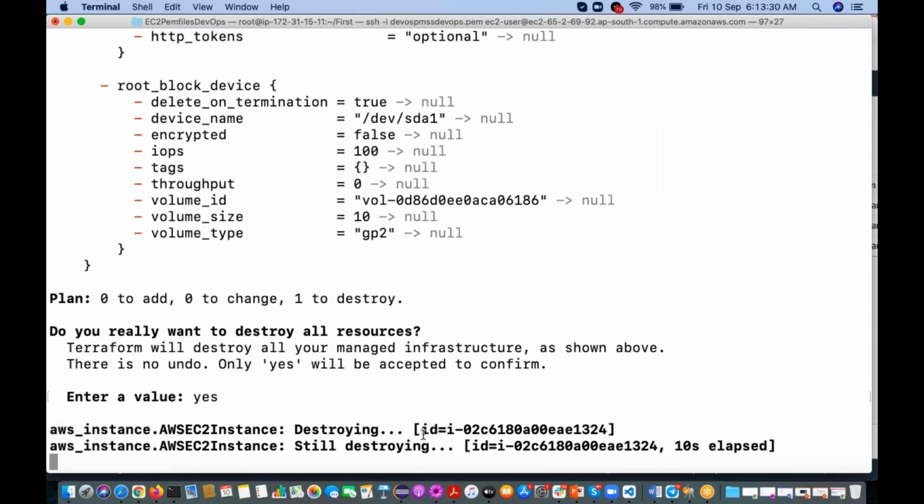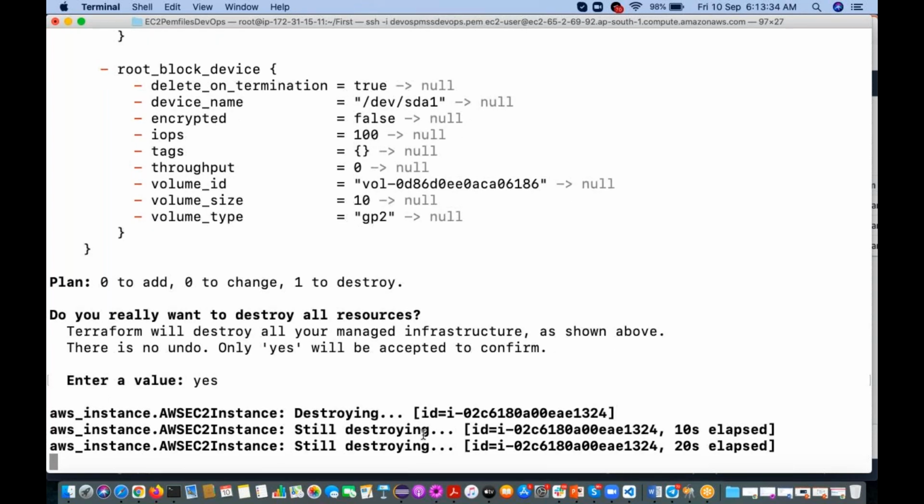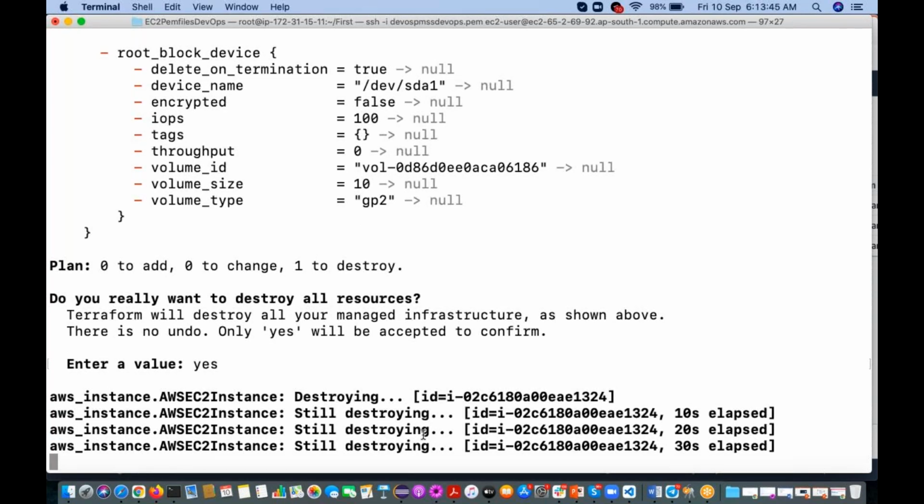So this Terraform state file is very important, guys. Usually we keep this Terraform state file on a cloud server. We do not keep it in the directory where it is executing.